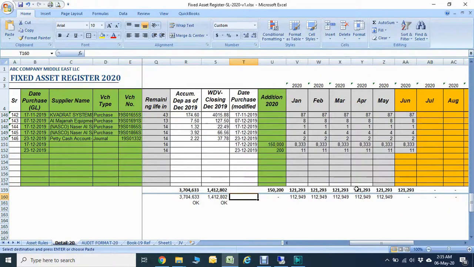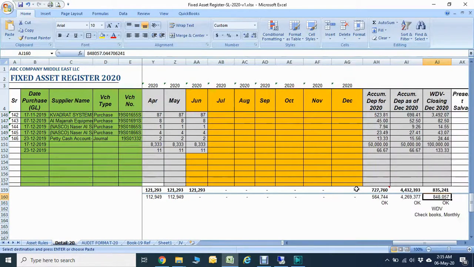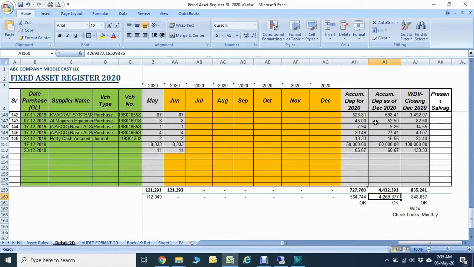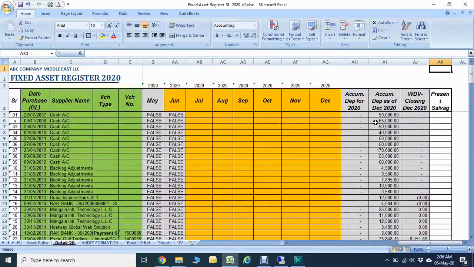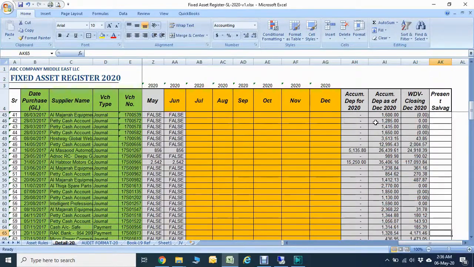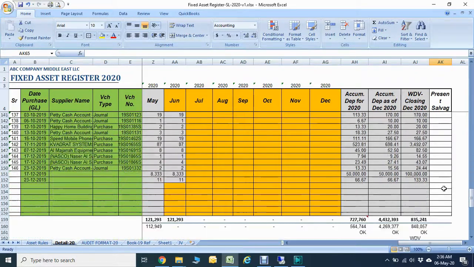You can put the OK, or also I will show you the tricks. Don't do the reconciliation for all the columns. Only do this 835, the WDV, written down value, 835,000. You have to do the reconciliation. Means your net book value 835 and your register value should be the same. Both amounts should be the same here. Okay. In case you have any questions in your company and sometimes verifying, you can put here present salvage value, and you can do a revaluation again for your assets in case you need it.